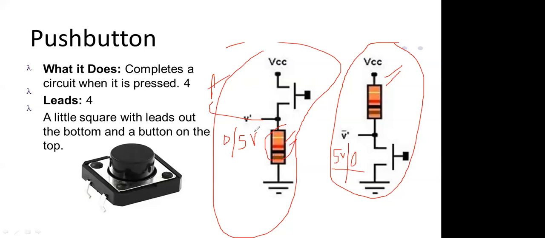One more thing is that there is an internal pull up also in the Arduino, which you can use. When you use the internal pull up, you do not need this circuit. This circuit is not needed. You only have to make the upper connections, and I will let you know how to do it. We only have to remove this resistance, and we will be able to use it without the resistance. So let's see how you can use it.